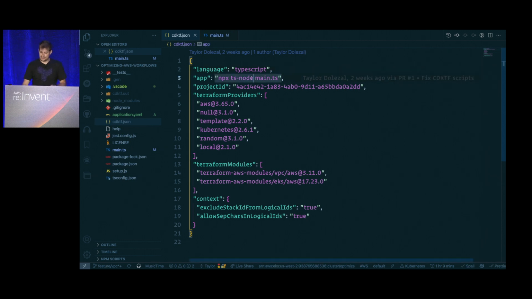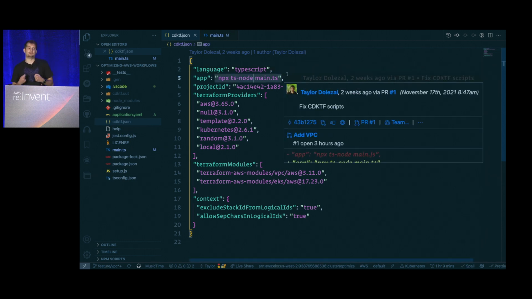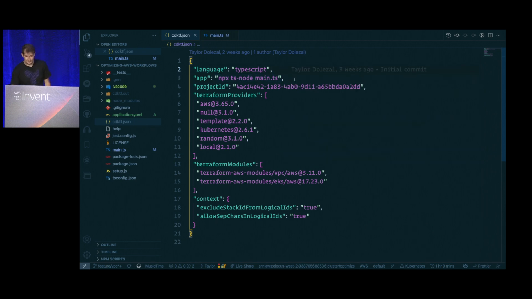One of which that I had to change for this demo was the way that the application is run. Again, this is a TypeScript application, so apologize if it's not your favorite language, or COBOL. But we're gonna go through that and kind of happy to answer questions as it pertains to the other programming languages later if you want. So this was one thing I had to change, and this is something that is changed in 0.8, is it uses npx, ts-node, and then main.ts to actually transpile and get everything ready and synthesize it.